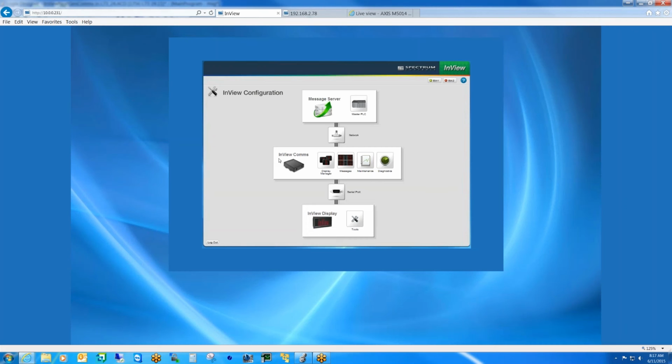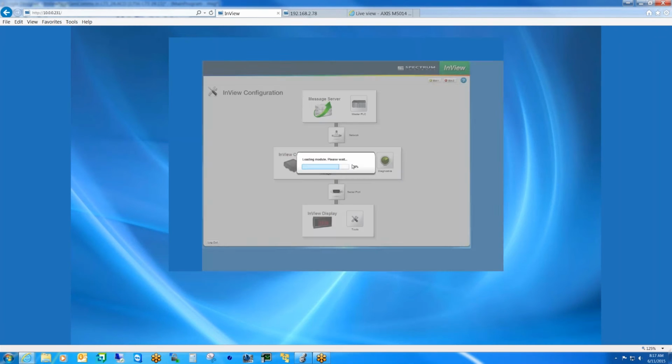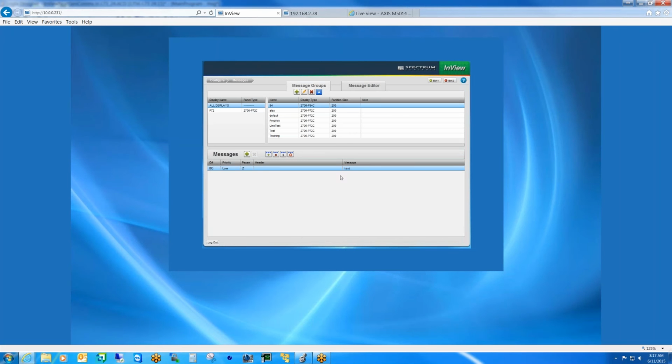Now if we go in, and once the display is configured, at that point we can go to the display manager, or excuse me, the message group manager, and this allows us to create various message groups. Now typically the comms module will be installed only on one sign, but if, for example, you had multiple signs that were connected via RS-485,